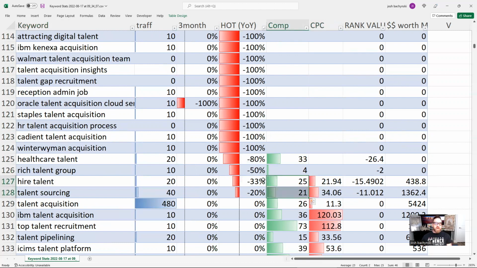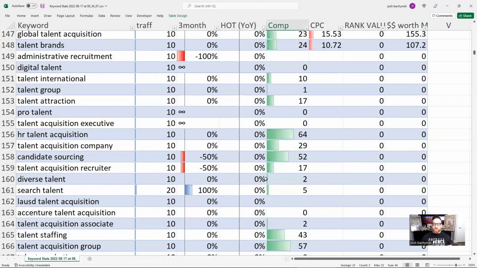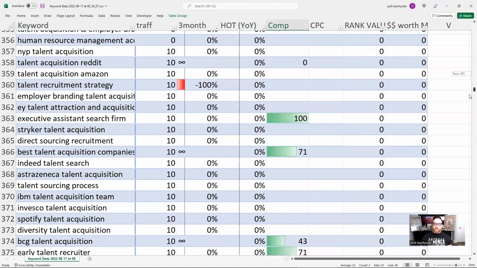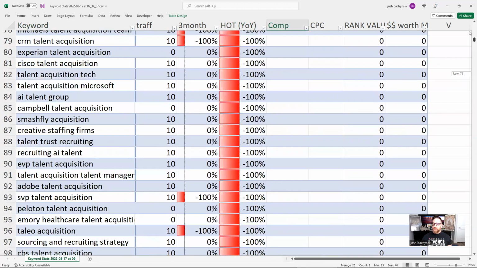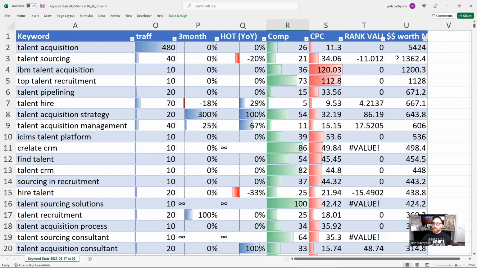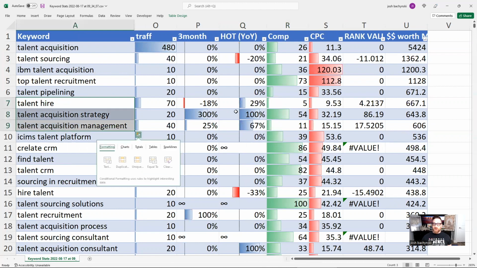So you might want to shy them away from these kind of queries and say, no. Let's stay closer to the year over year ones that are hotter. Let's look at the ones that are worth the most money here. And let's see, okay, this is hot. Let's go for these guys here. These guys are hot. There's money behind these guys and traffic behind these guys. These are the kinds of long tail keywords you want to go for and find the low hanging fruit.